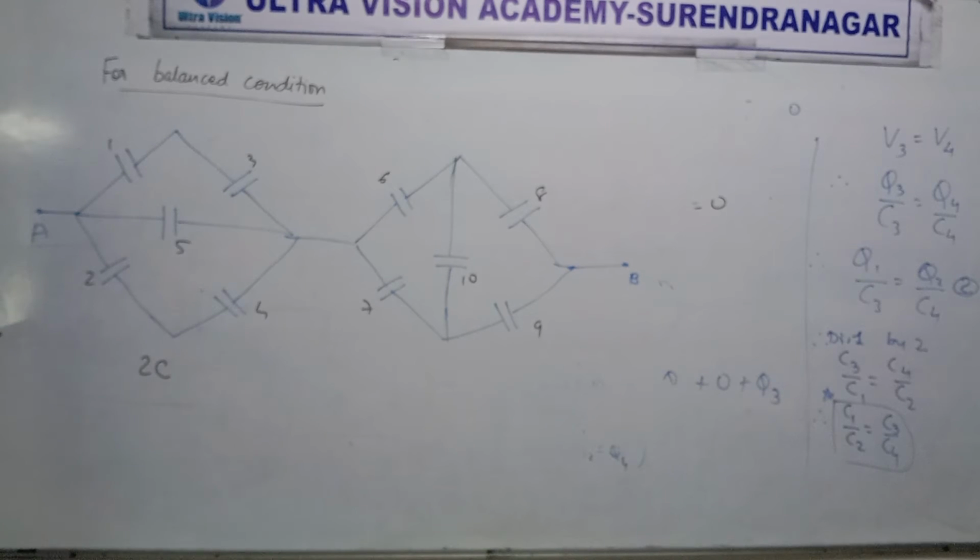Clear or not clear? Sure. Go part 2C. 1, 2, 3, 4, 5. Got it? If you have not got it, draw the steps yourself. Then everything will make sense. 1 and 3 in series, 2 and 4 in series, then everything comes in parallel.